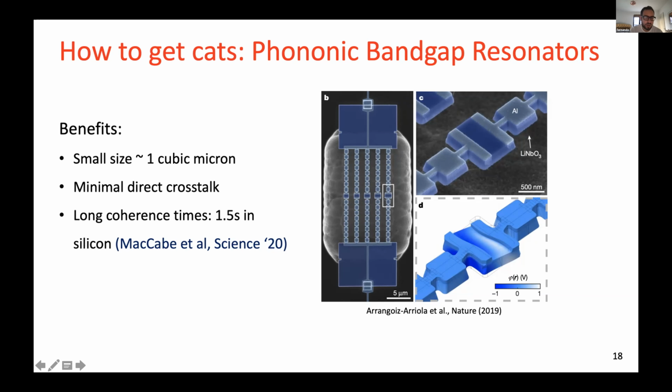They're still early on. They're less developed than electromagnetic cavities. But there are some nice things about them if you think about scalability. They're very small, nanoscale size. Usually they have little crosstalk because of that. For example, in Oscar Painter's lab, they create these in silicon, and they store quantum information in some vibration